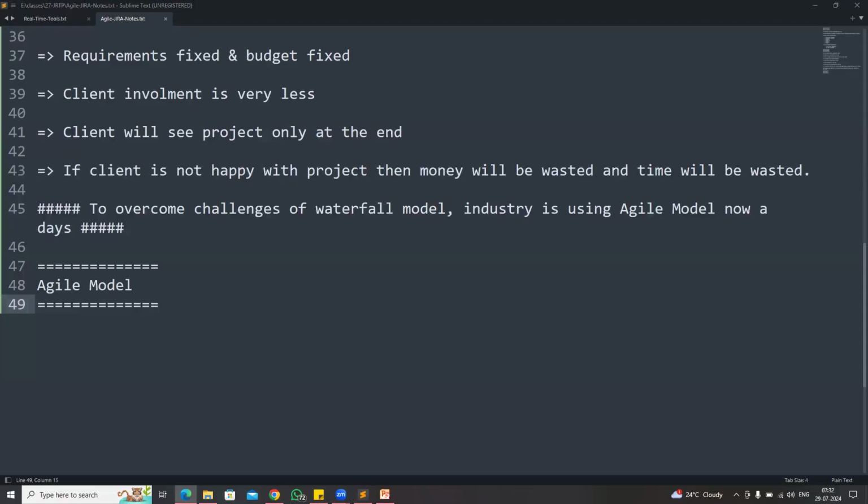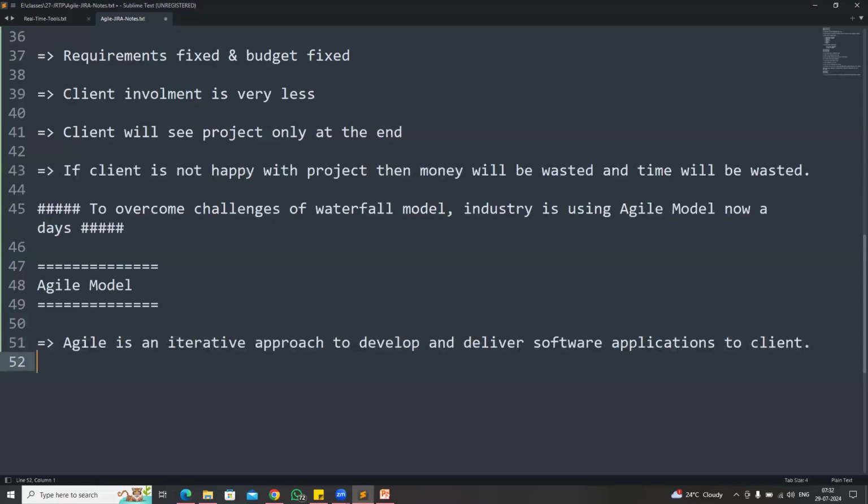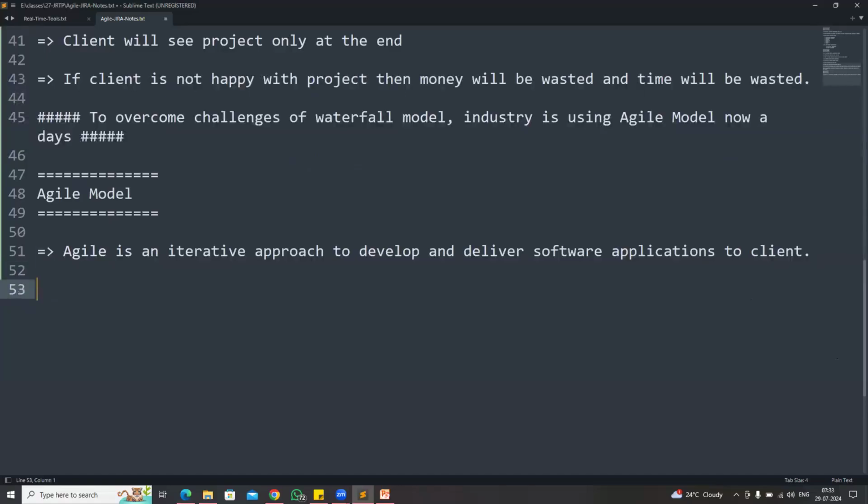Agile model is an iterative approach to develop and deliver software applications to the client. Okay, so we want to develop and deliver software applications to the client. For that, we are going to use the agile model. In the agile model, planning, development, testing is a continuous process. Whereas in the waterfall model,